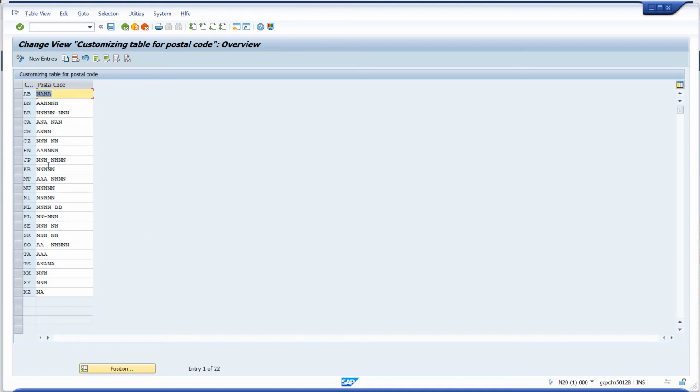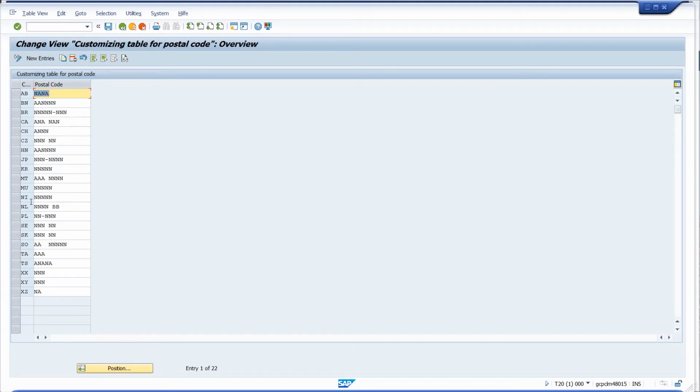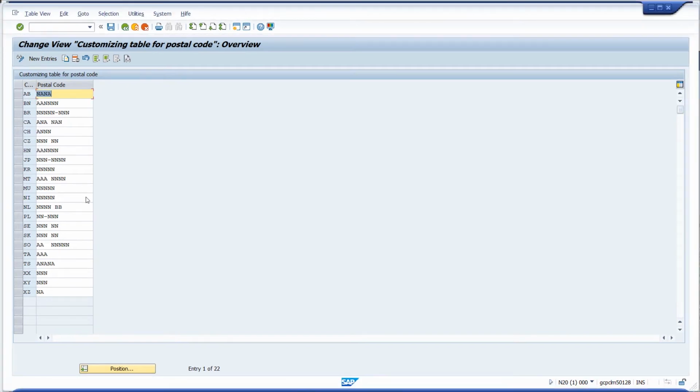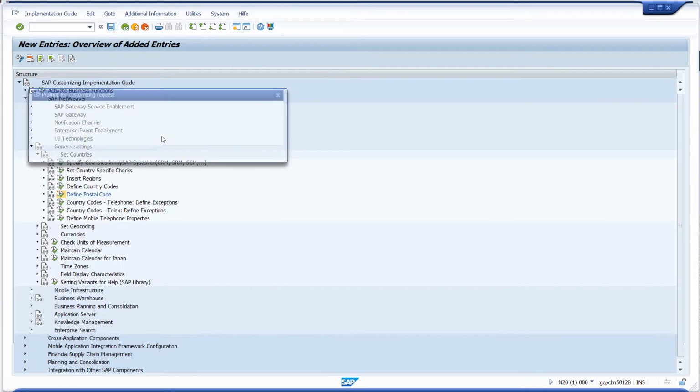Let's say we need a new country named TAGET. So let's say it has the abbreviation TE. It's not yet in the list in here. So let's check our target system. Here, this is T20, and go for the same customizing stuff. So in here, we can also see that there's currently no country TE available. So let's get back to our development system, N20, and create a new entry. So we say that's country TAGET, and it has a postal code which consists of 4 numbers. So let's save our entry.